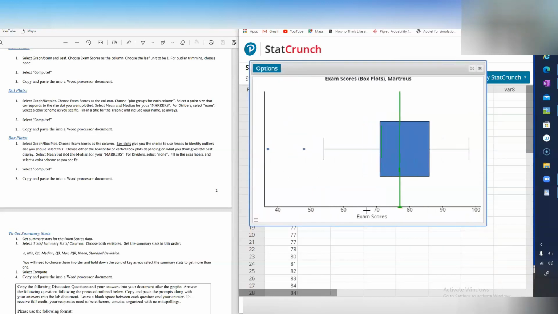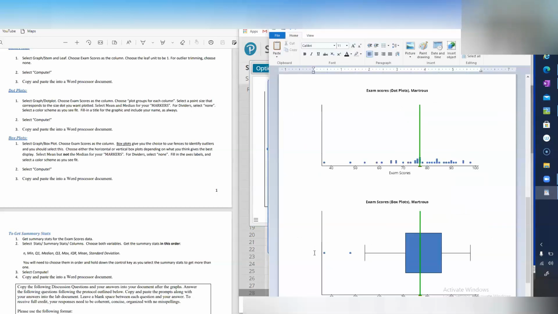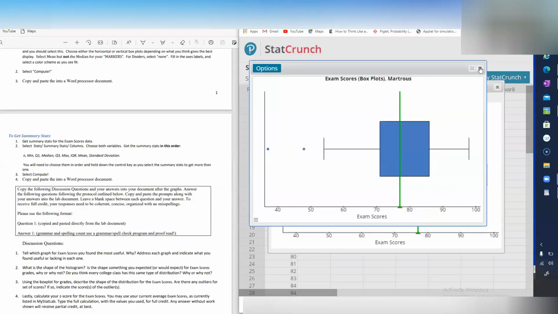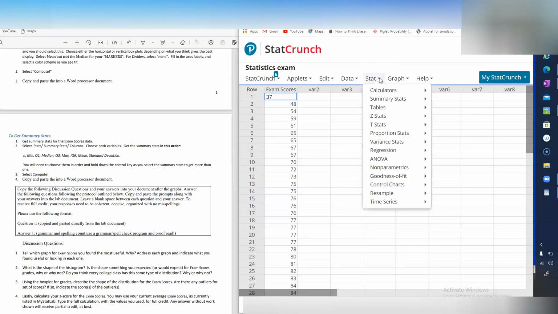We can resize it. Now option, copy, right click, copy, paste. I'm going to close this one. And finally, we have to get summary stat. The summary stat, we have to use that summary. Since we have all the data in one column, we have to choose this one, columns,